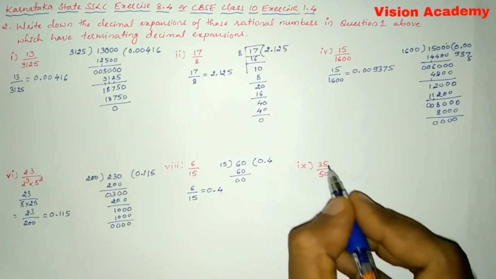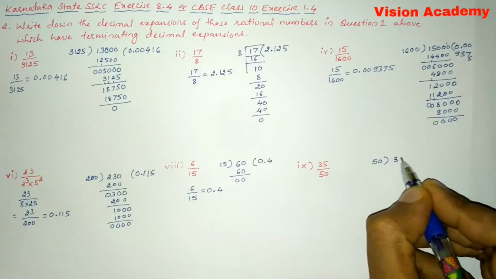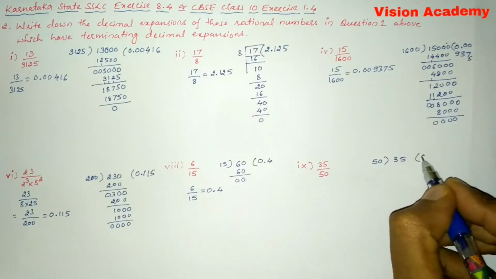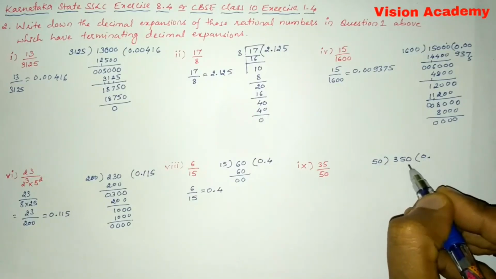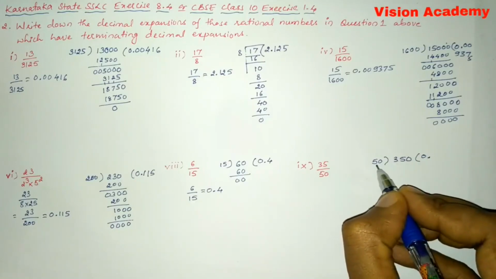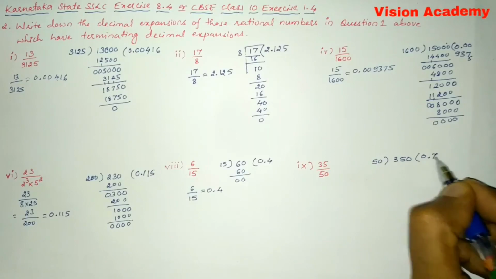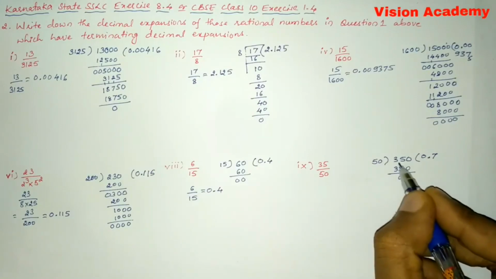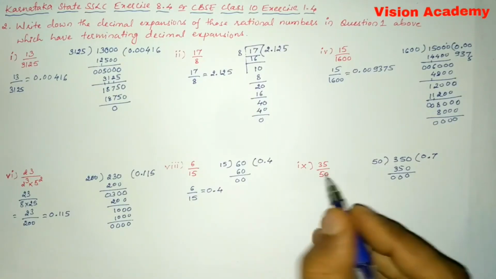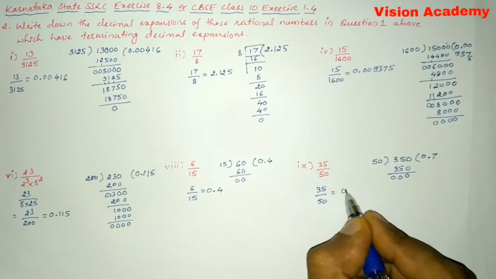Now let us move on to the ninth one, 35 divided by 50. Divide this 35 by 50. So let us take here 0 point, because 35 is less than 50. We will take 0 point in order to add 0 here. So 350 is greater than 50. Now it is easily divided by 50. So 50 how much are 350? So here 50 sevens are 350. Here 0 minus 0 is 0, 5 minus 5 is 0, 3 minus 3 is 0. Here remainder is 0. We got 0.7. Here we can write 35 by 50 is equal to 0.7.